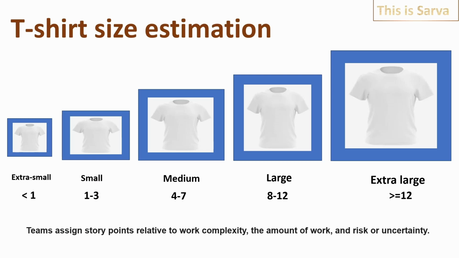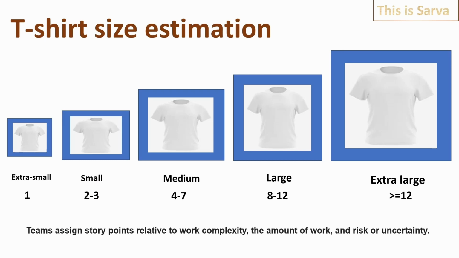So it is basically a relative comparison. You have one story and it has taken X number of story points, and when you take the next story, you compare the effort with the already estimated story and estimate this story based on your previous experience. In T-shirt size estimation, it is recommended that each team assigns some value or range of values of story points to each size. For example, extra small can be 1 story point and small can be 2 to 3 story points. Medium can be 4 to 7 story points and large can be 8 to 12 story points, and anything greater than 12 can be considered extra large.